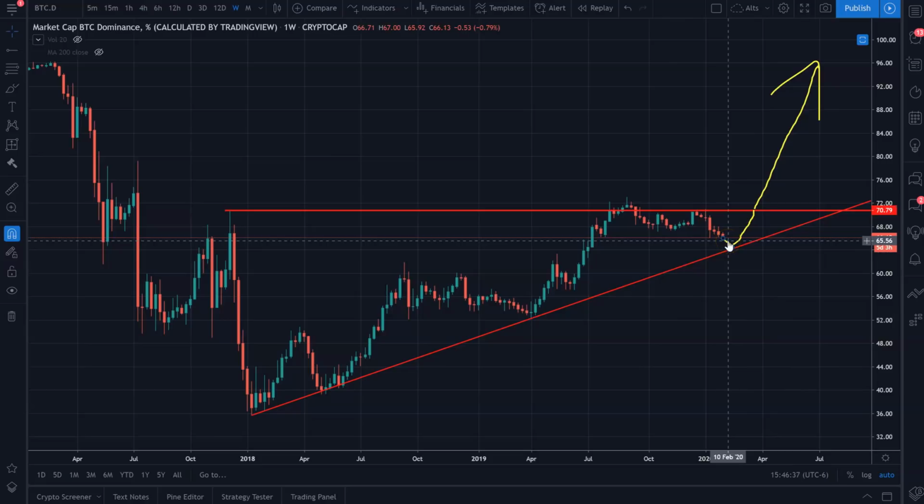If I want to get super bullish on alts, I want to see this dominance fall out of the bottom of this triangle. If dominance finds support on this level, I'm going to be super cautious, and I'm probably going to go ahead and move out of the majority of the alt positions that I'm holding right now. Because again, if this starts going up and if it breaks through this, we may see the alts just really, really, if people think they saw depression already, they may be really surprised about how low some of these alts could